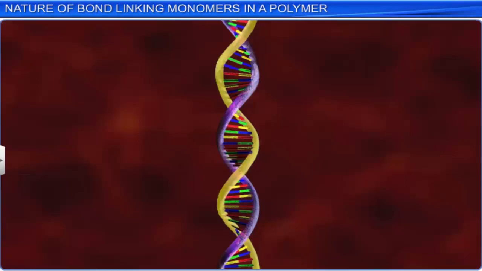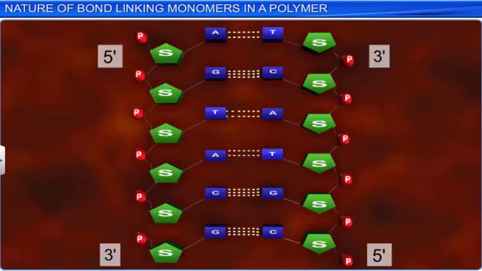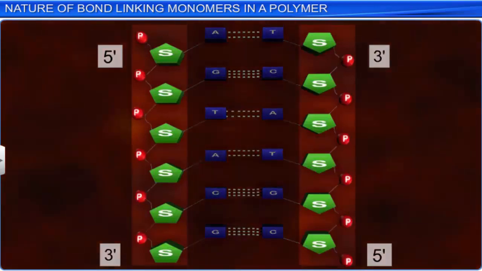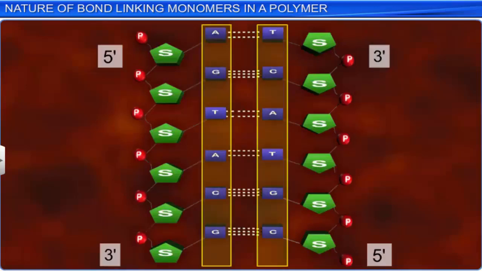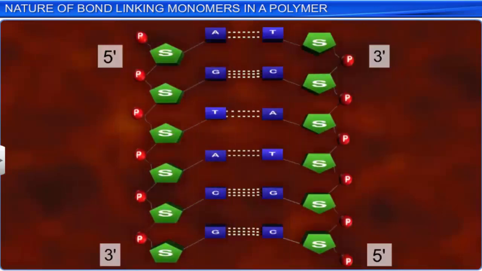Two strands of polynucleotides run in opposite directions. In other words, they are antiparallel. That is, one strand runs in 3' to 5' and the other strand runs in 5' to 3' directions. The backbone of DNA is formed by a sugar-phosphate-sugar chain. The nitrogen bases face inside and are almost perpendicular to the backbone. The 4 bases found in DNA are